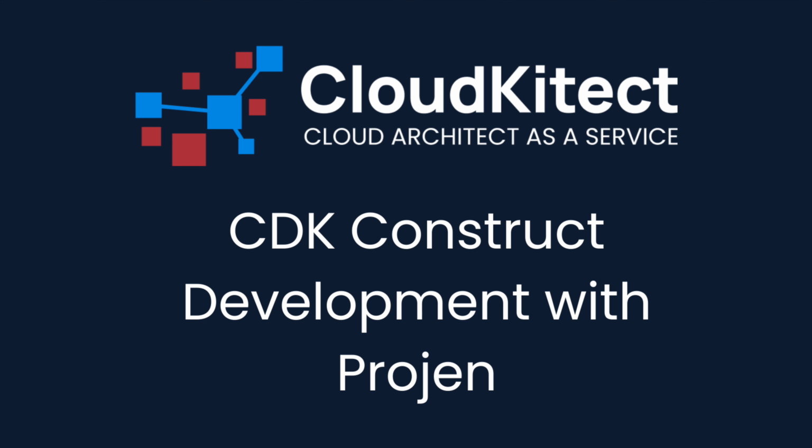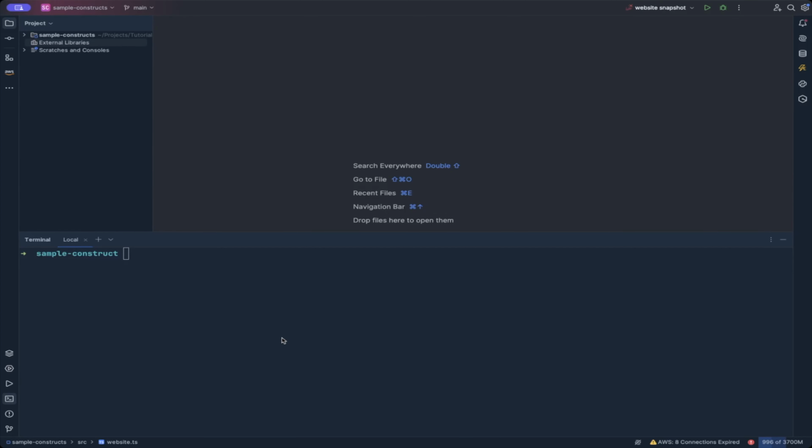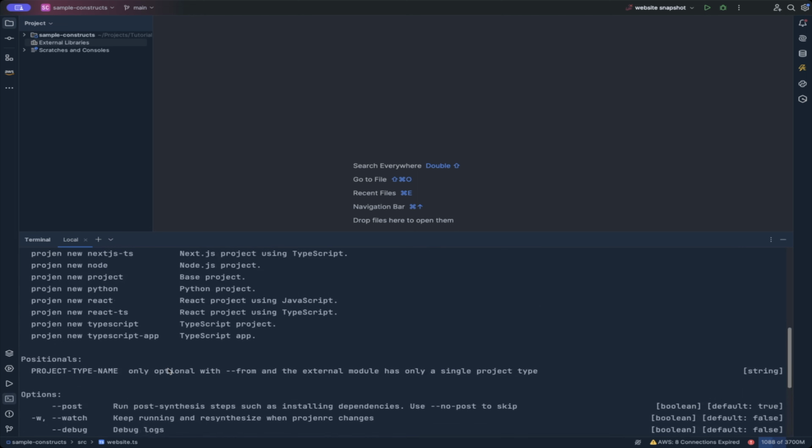In this tutorial, we will show how to use Projen to create a CDK constructs project. But you can use these concepts and apply them to any application that produces a versioned artifact. Projen offers support for various types of applications and languages out of the box. So let's get started. In your console, type npx projen new to see what different types of projects we can